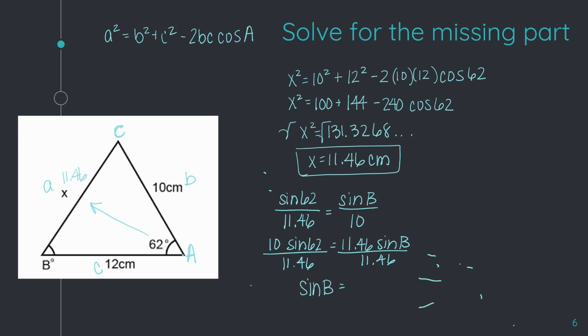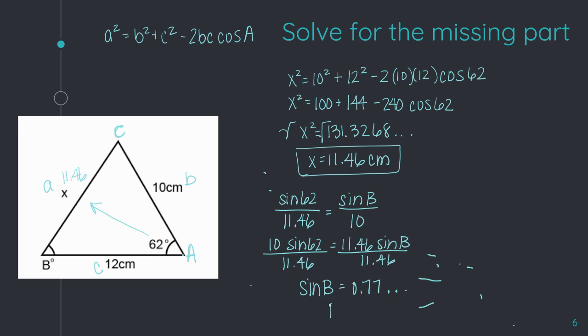So let me punch that in my calculator. I'm going to multiply 10 times sine 62, which is 8.8 something, divided by 11.46, which is 0.77, not repeating, sorry, going on forever. Now remember, I'm not clearing this from my calculator, and this is where I take the arc sine. So I hit second sine, second negative,